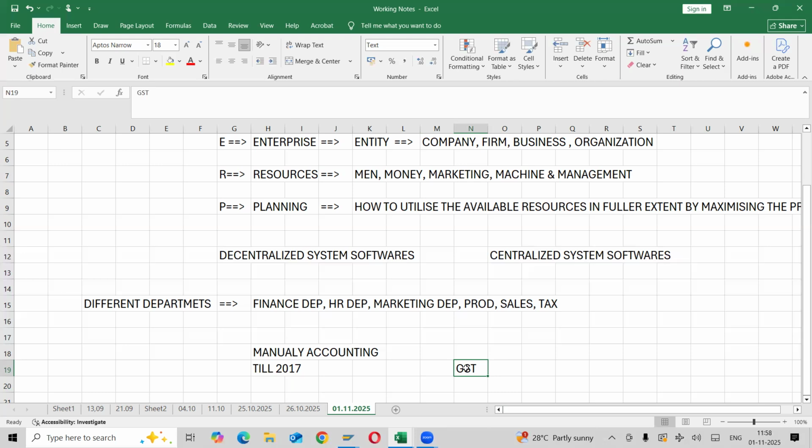So what happens with this GST? They developed one software called GST Suvidha. So what is this GST Suvidha? In the sense, it is purely tax-related software, purely a tax software. Clear? So here every organization